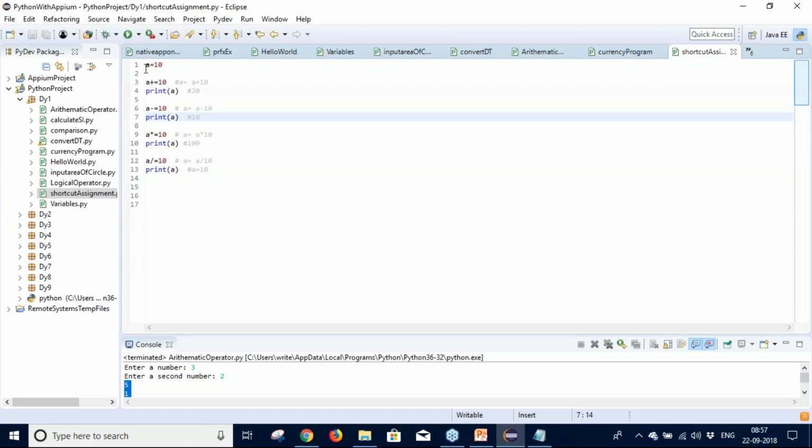In this program, we are declaring a as 10 and then we say a plus equal to 10. What would be the output printed in line 4? 20. Then we say a minus equal to 10. What would be the output printed in line 7? No, 0 is not the right answer. Remember, the value of a is now updated. A has become 20. So the output here would be